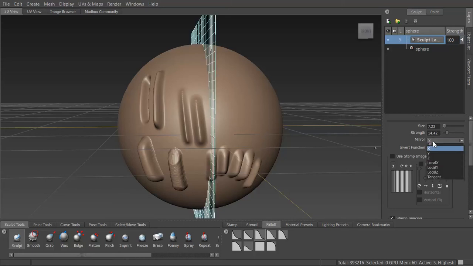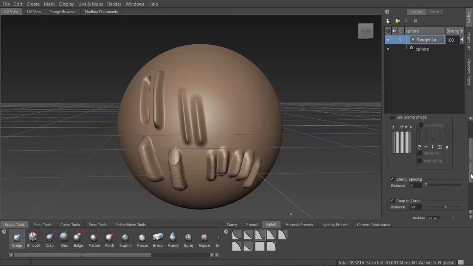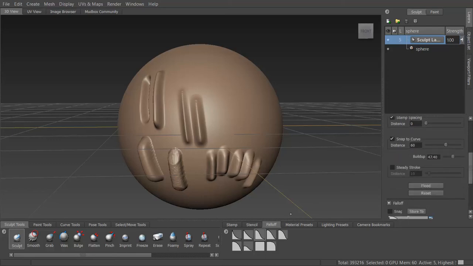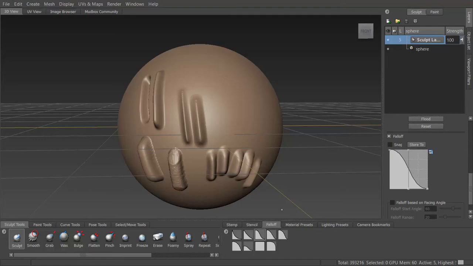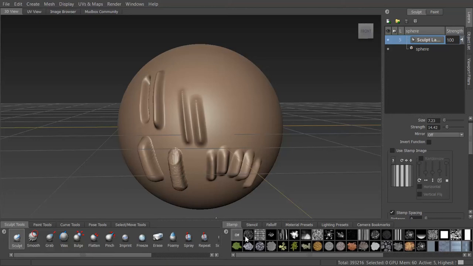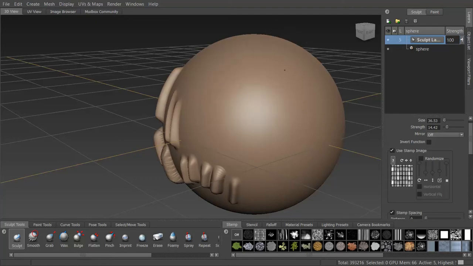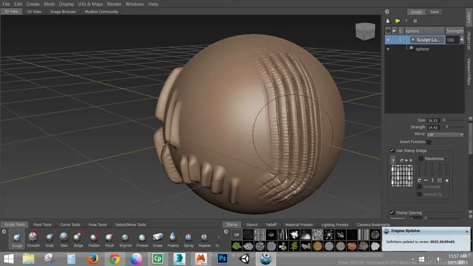and how that mirrors. I'm just going to go ahead and turn that off for the demo here. We have the option to use a stamp image, but just like falloff, if you see here, falloff is a tab here, and we can control that falloff, or we can just use the pre-made ones, which typically I'll use the pre-made ones. But under the stamp here, we can also use stamps. So I'm just going to use this brick one, and I'm going to make my brush large and show you